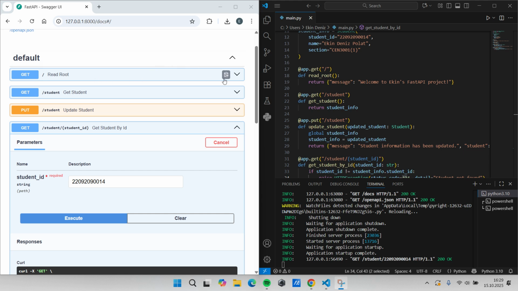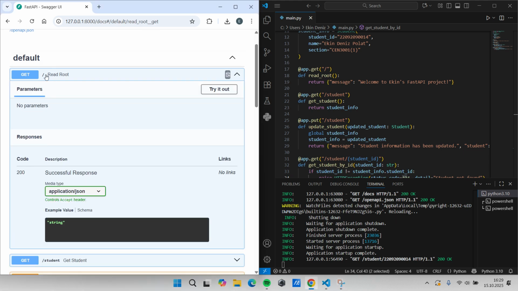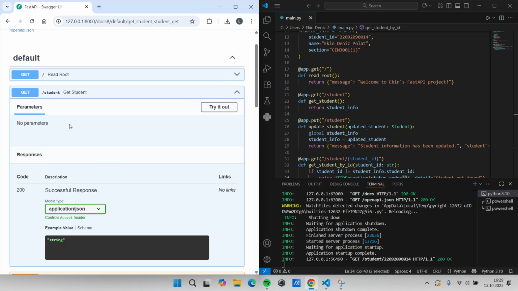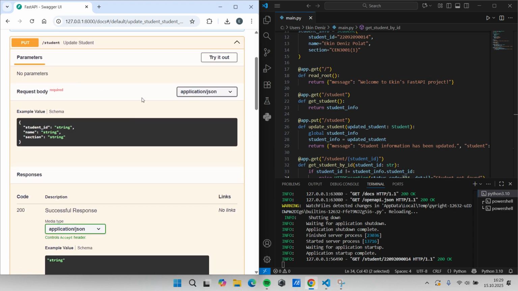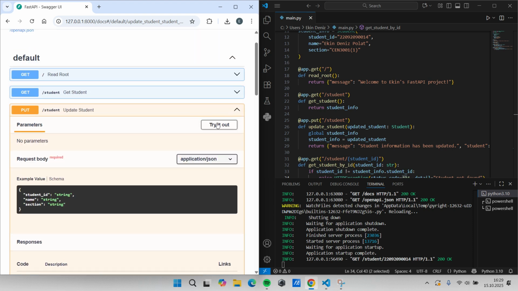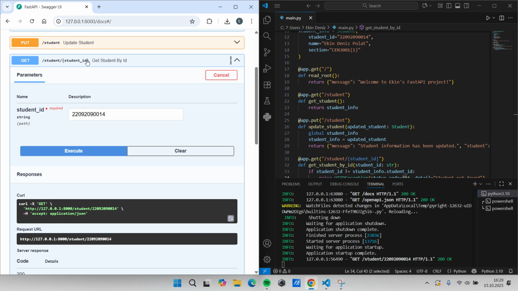Before the finish, I just show these defaults too. This is get read root parameters. This is get student for student name, and this is update student for updating my student name or ID or something. And this is my get student by